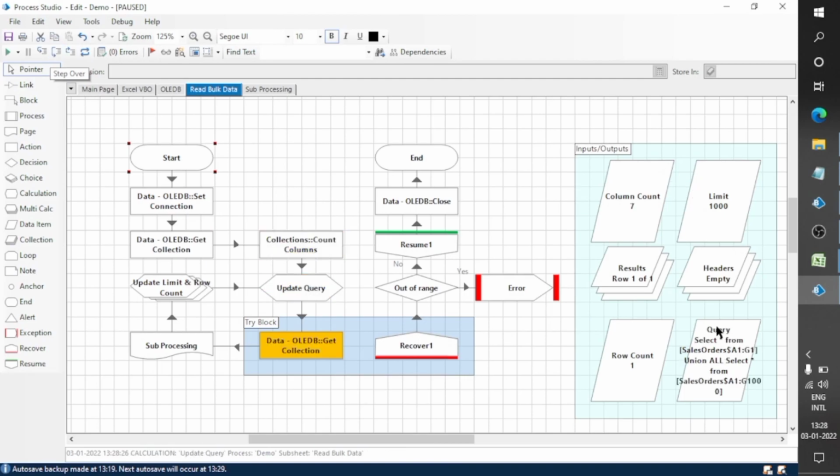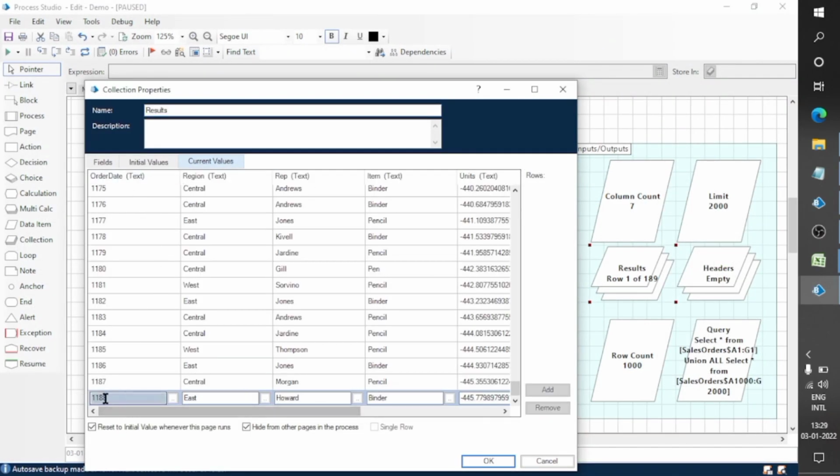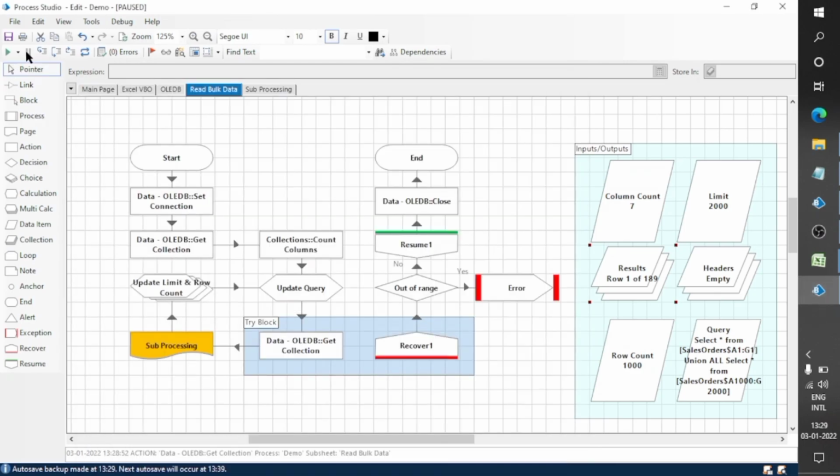The number of columns is the same. So see, A1 to G1 and A1 to 1,000. In this we are fetching the first row 2 times, A1 to G1, then again A1 to G1000, so the first row is fetched 2 times. That's why we are getting 999 rows only. We got 999 rows in the first attempt. Now we got only 189 rows, which are left in the sheet. We got rows till 1,188. Now we are done with the processing.